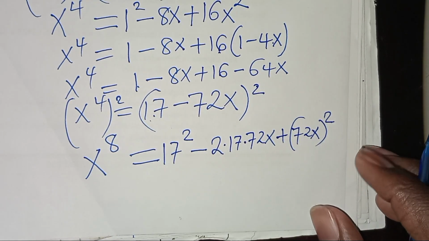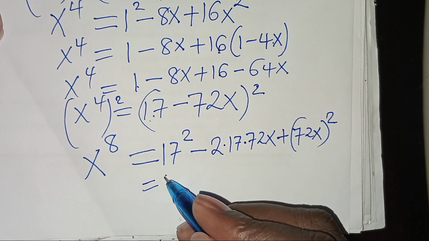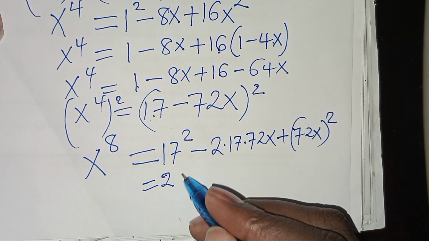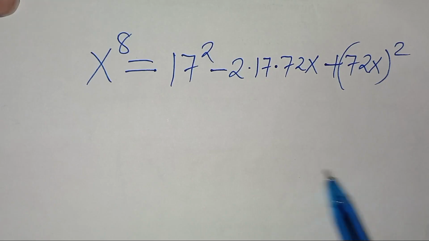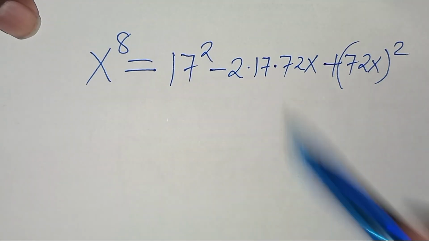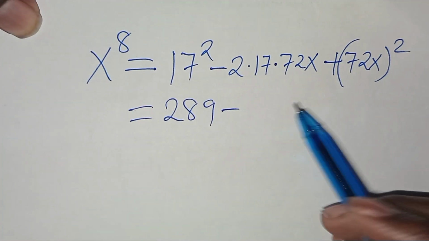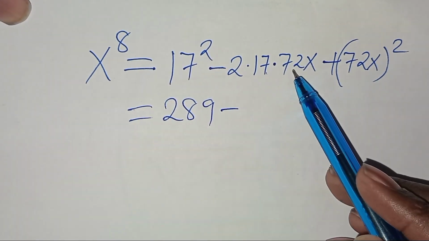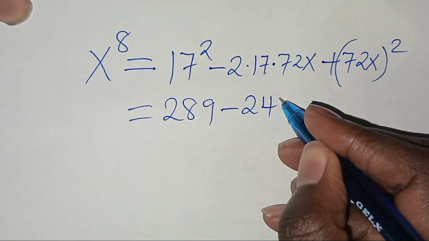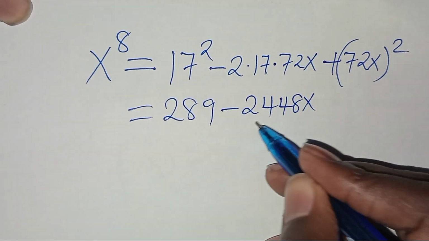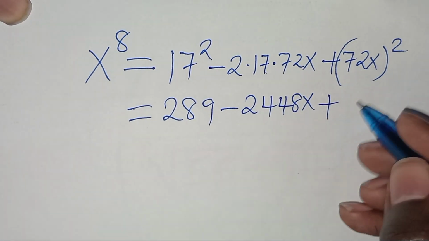Now you find that 17 squared is basically equal to 289. Subtract 2 times 17 times 72x, which is basically 2448x, plus 72 squared, which is actually